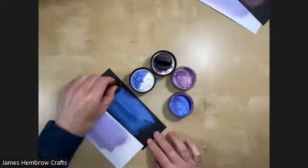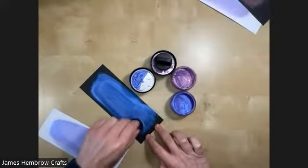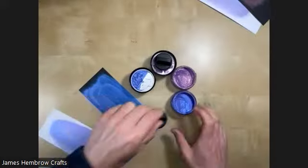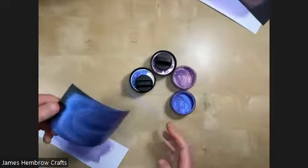Actually, let's just coat up that a little bit more, and we will just very quickly pop that behind the die cut, because that just looks far too good to waste on a swatch. Right, let's just add a little bit more there. There we go. So again,